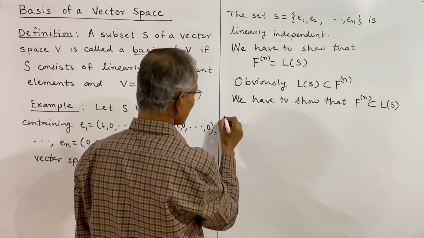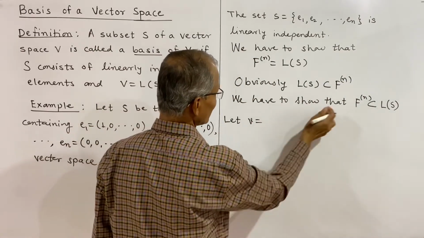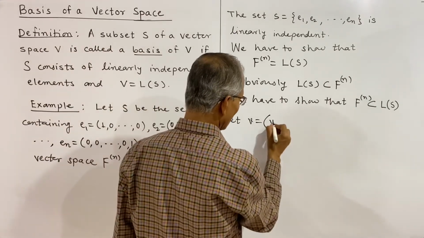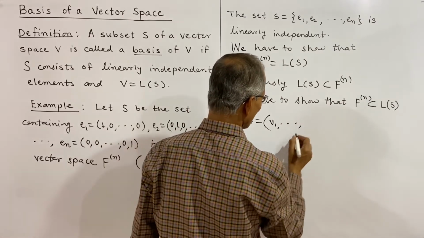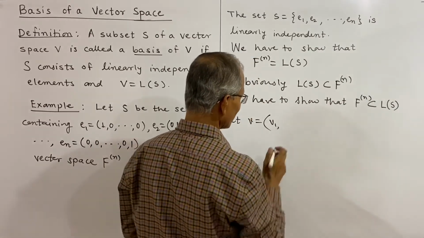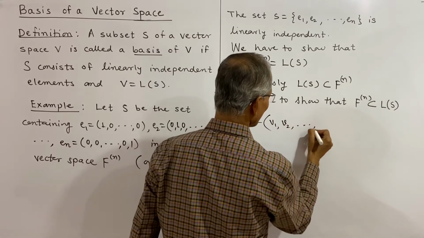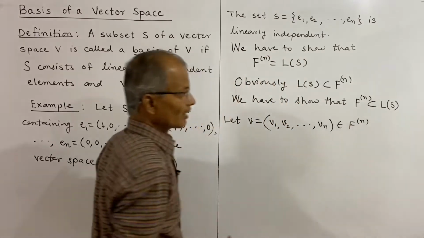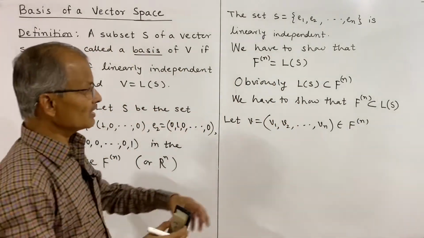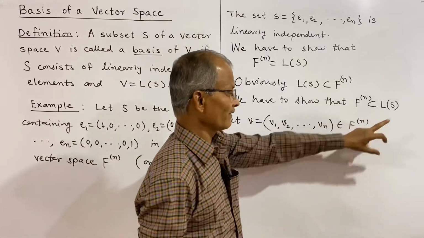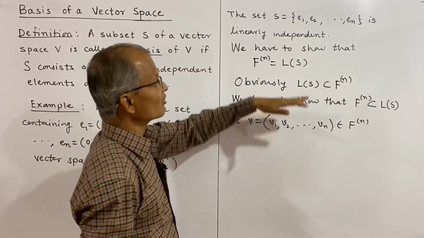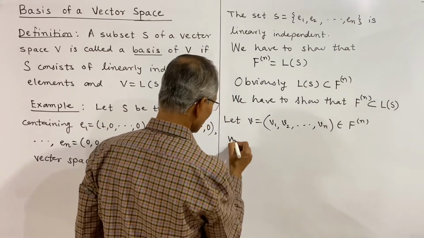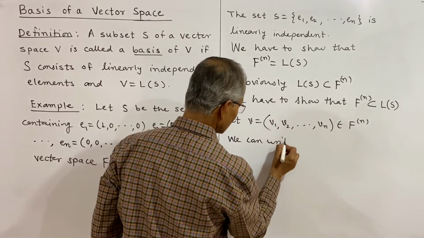Now for that purpose, let an element in Fn, which is an n-tuple, be V. V will have n components V1, V2 up to Vn. This belongs to Fn, and we have to show this V is contained in L of S. That means V is a linear combination of elements of S. So we can write V as,